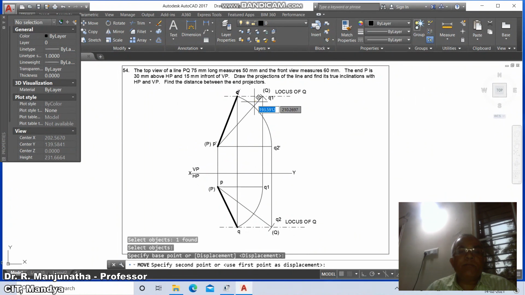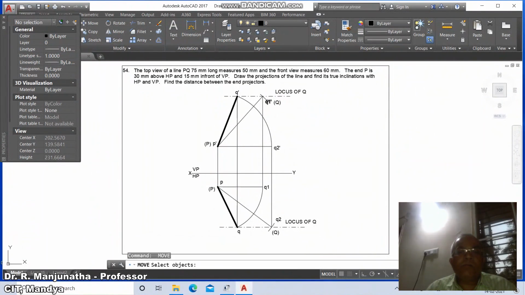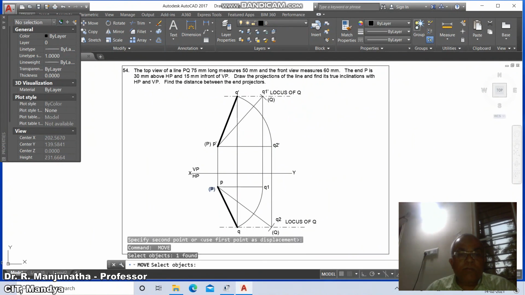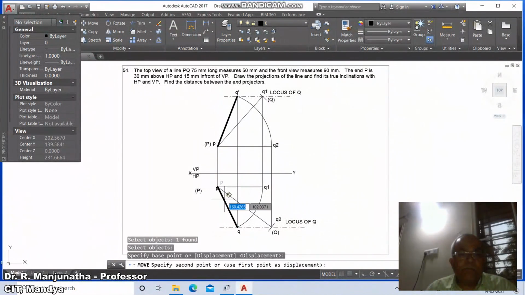Then Q dash, then Q1 dash, this as Q, then locus of Q, then Q2 dash, and this as P, capital P, this as Q, this as Q2, this as Q, and this as locus of Q.